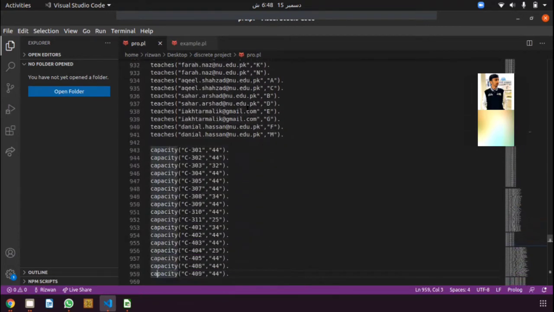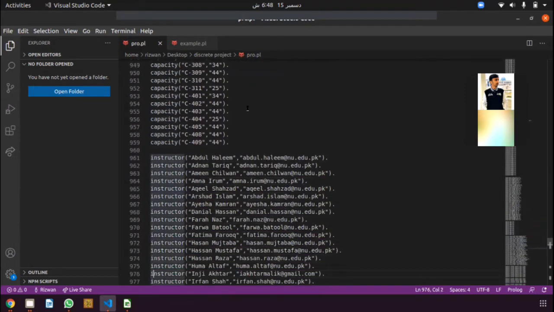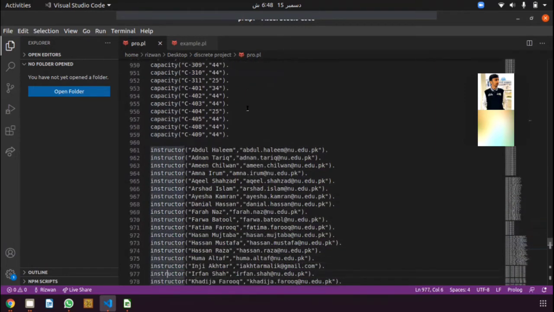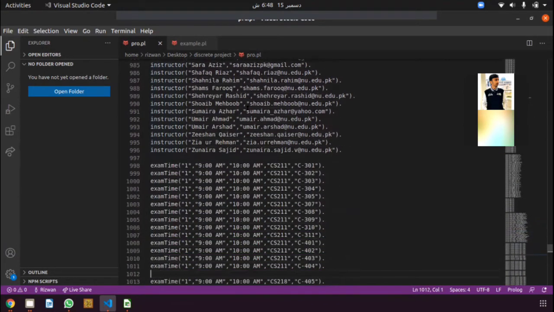और एक कैपेसिटी की नॉलेज बेस है जो रूम कैपेसिटी चेक करता है कि एक रूम में कितने स्टूडेंट बैठ सकते हैं। एक इंस्ट्रक्टर की नॉलेज बेस है कि कौन सा टीचर, इसमें एक टीचर का पैरामीटर है और दूसरा पैरामीटर उसकी ईमेल का है कि कौन से टीचर की क्या ईमेल है, ये हमें ये बताती है नॉलेज बेस।